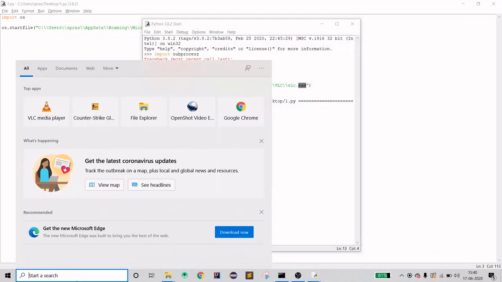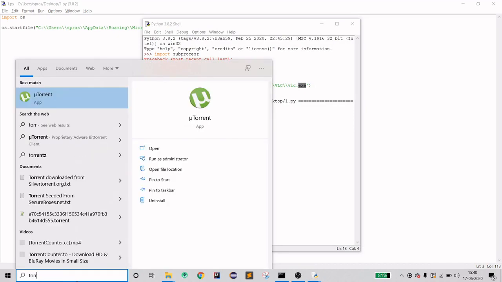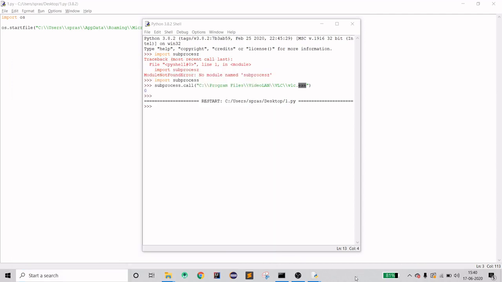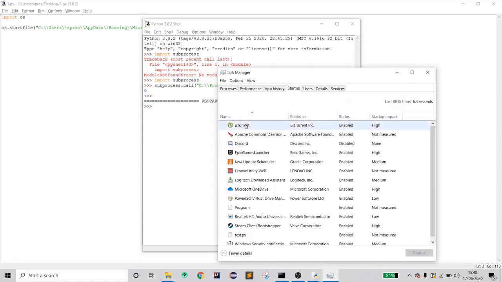You can see the torrent application. This is also a process which gets opened when you restart your system. In your startup you can see this application also. There are so many files like this, and this one is mine which I created manually.